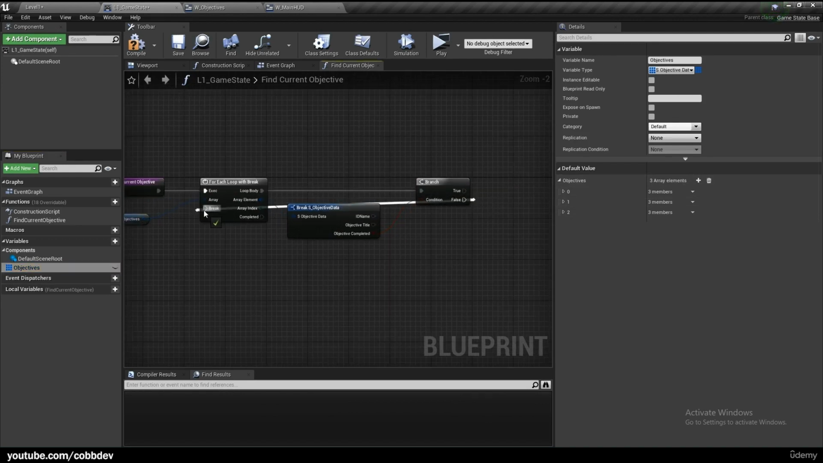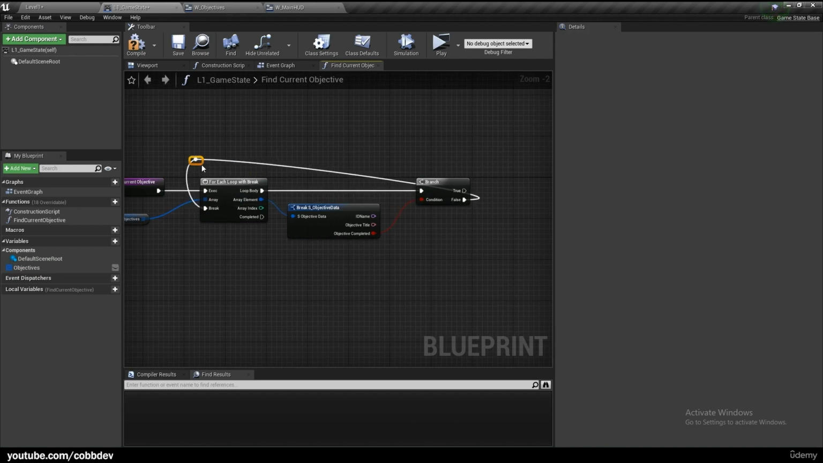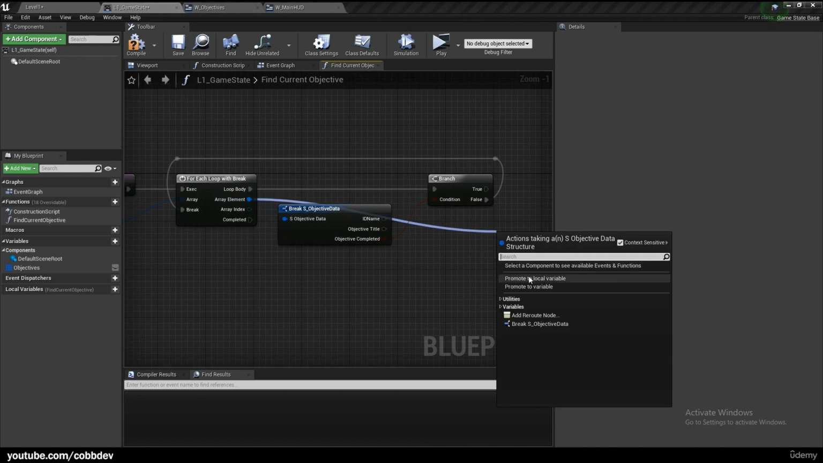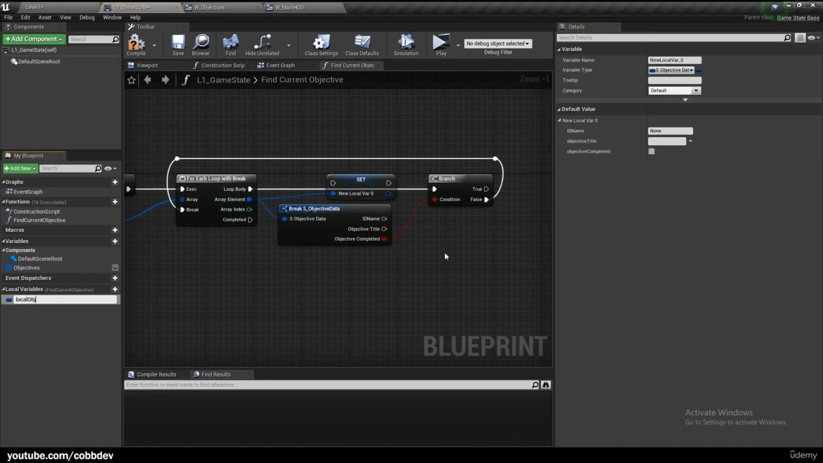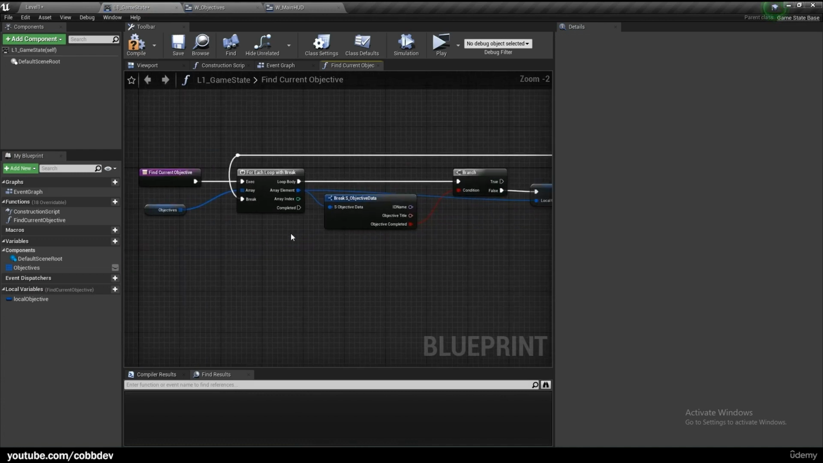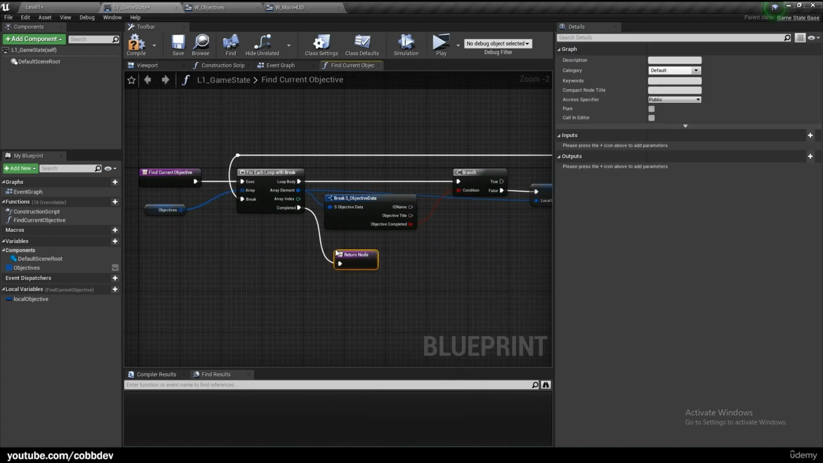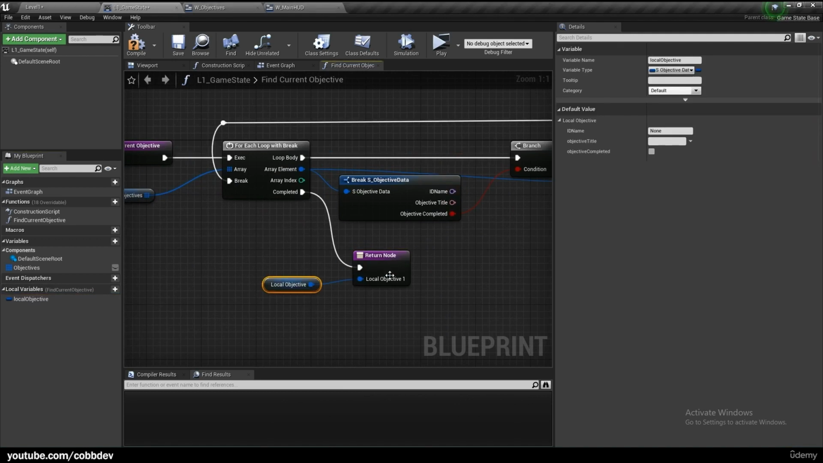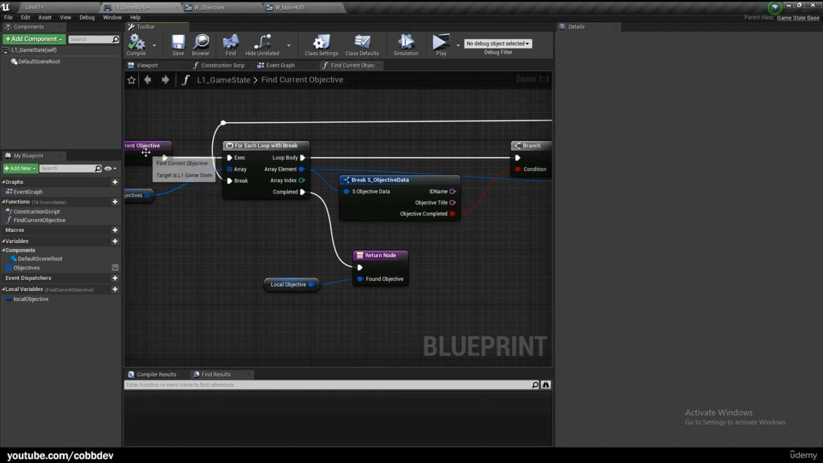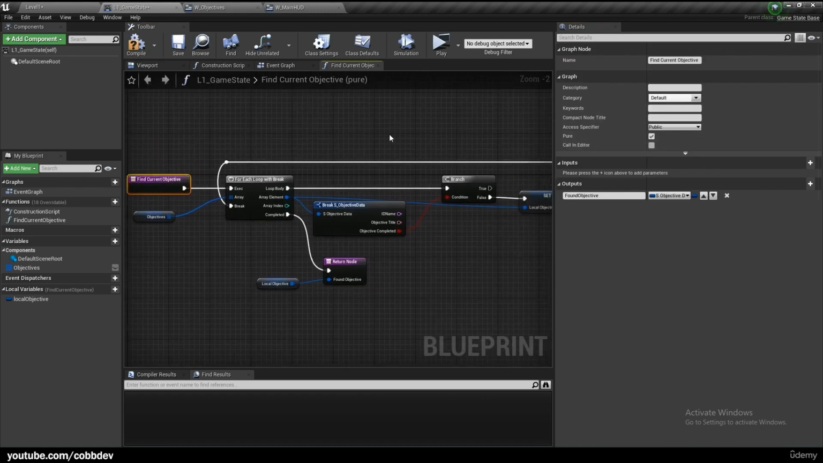So if it's false, we will break this. And actually right before we break it, we want to set this array element as a local variable. So promote to local variable, we'll call this local objective. So it knows that this is the objective we want. Then we'll break it. And then once it's completed, we will call a return node with the local objective as an output. We'll just call this found objective. All right, and then we also can make this function pure because we don't need to run it